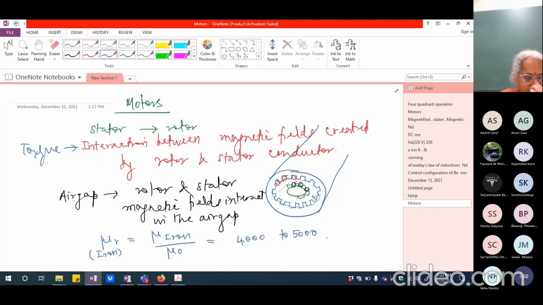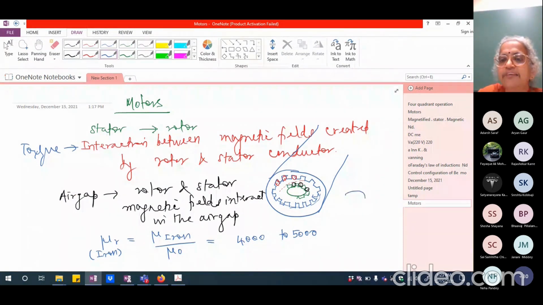It can be as high as that. So what I mean is, if I apply 1 ampere turn of MMF to air, I get only one magnetic field line, but the same 1 ampere turn I apply to an iron piece